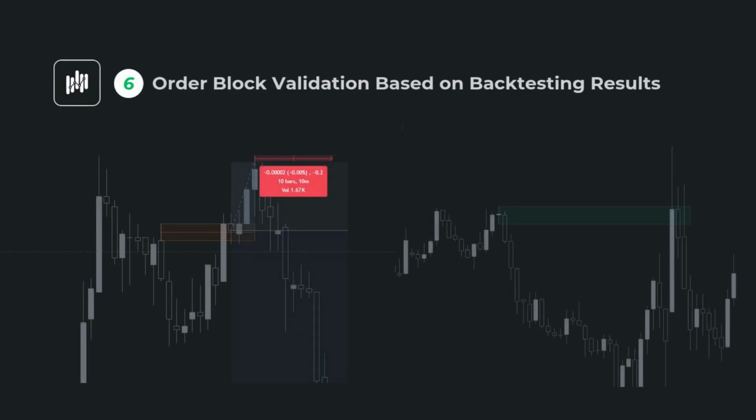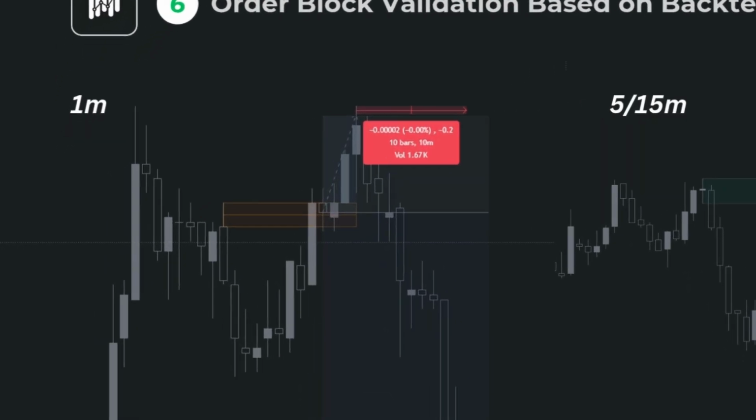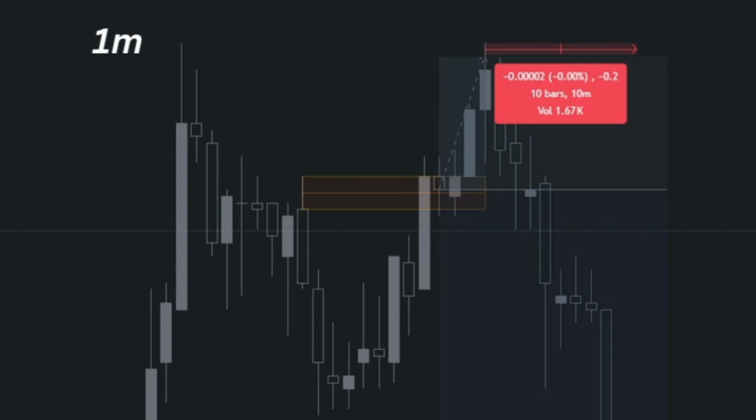Section 6. Order block validation based on backtesting results. This section is built upon insights gathered from backtesting. On the entry time frame, if we are considering an order block as our potential entry zone, as long as the price moves up to 2.2 pips beyond the 50% level of that order block, it is not yet considered invalidated. However, if the price moves 2.3 pips or more beyond that level, the order block loses its validity for